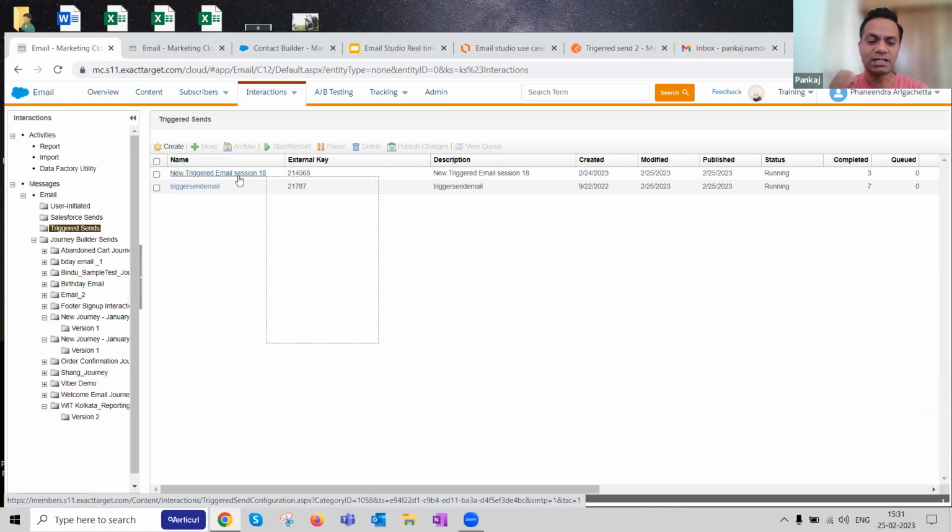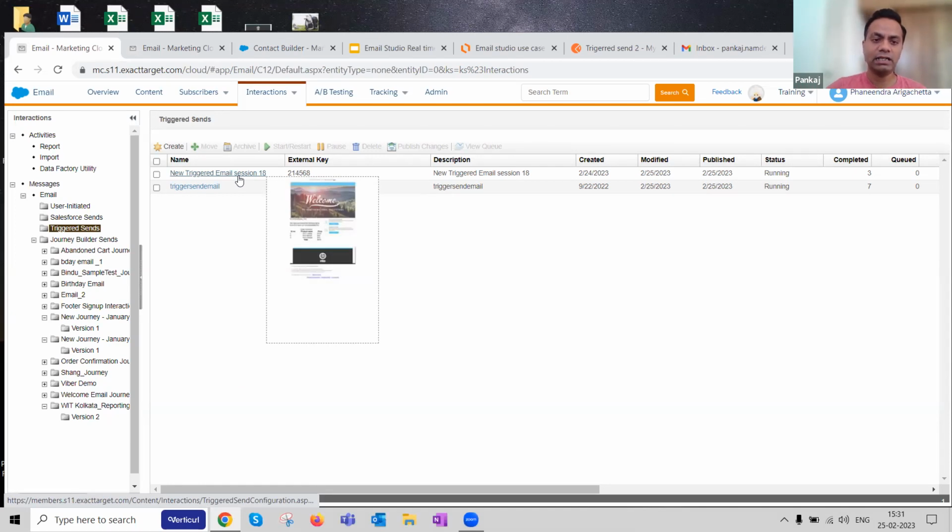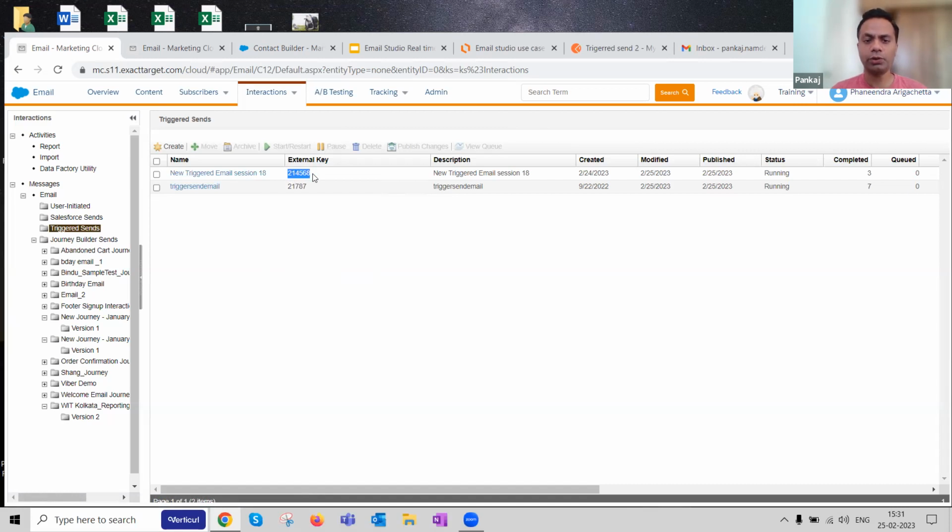The third part is that Magento needs to trigger that now. Magento needs to trigger this definition, and this definition will pick up the content that I have already created and send it across to the customer. So how does Magento trigger it? In real-life use cases, the Magento system would have its APIs, and you would provide it this key, the one I showed you over here. That's very important. This key will be provided to the Magento users or development team, and they will use it in their APIs. Once they trigger it, the email will get sent.